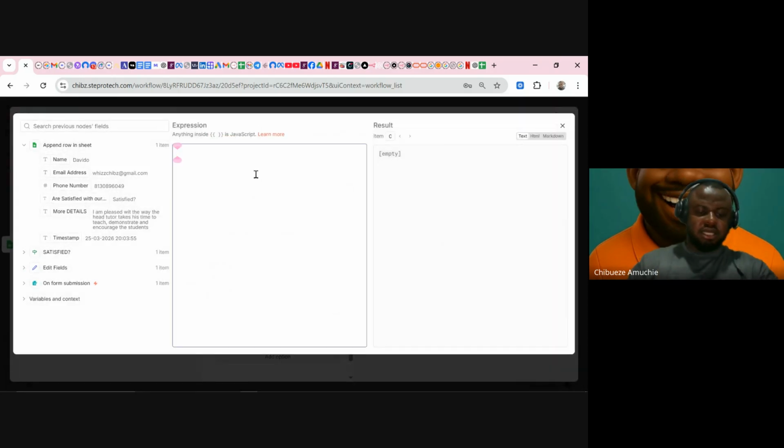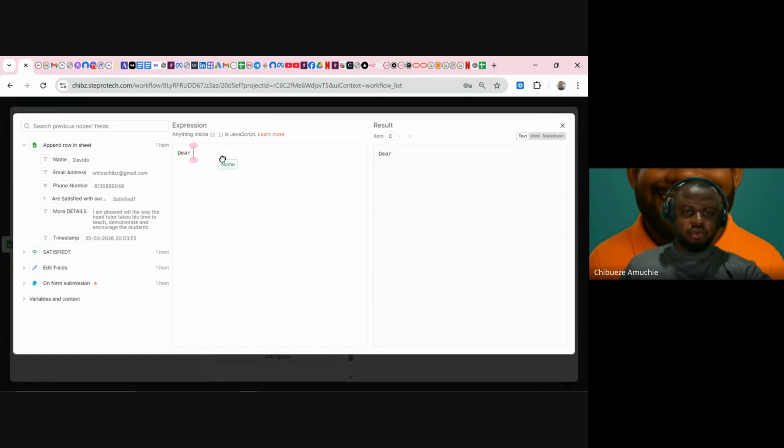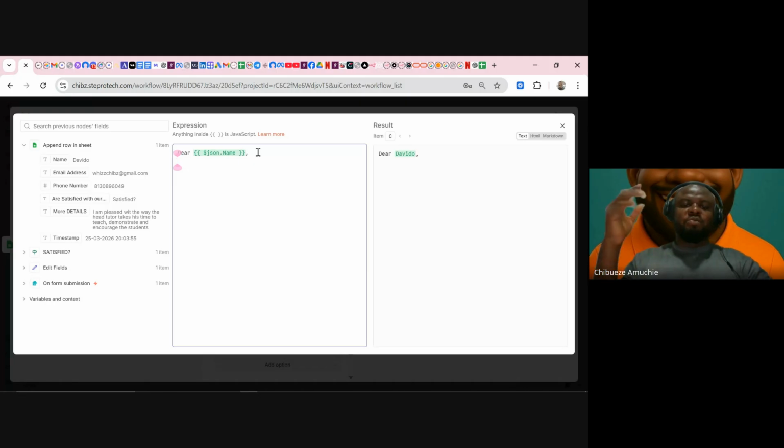And I will say, dear who, I'll map the name. Now, I want you guys to note this. If using AI to generate these codes is very difficult for you right now, ignore it. Still do your things plain. Do you understand? Until when you have gotten a hang of it, you can now start generating your codes. Do you get? Okay. So here, dear social person, thank you for